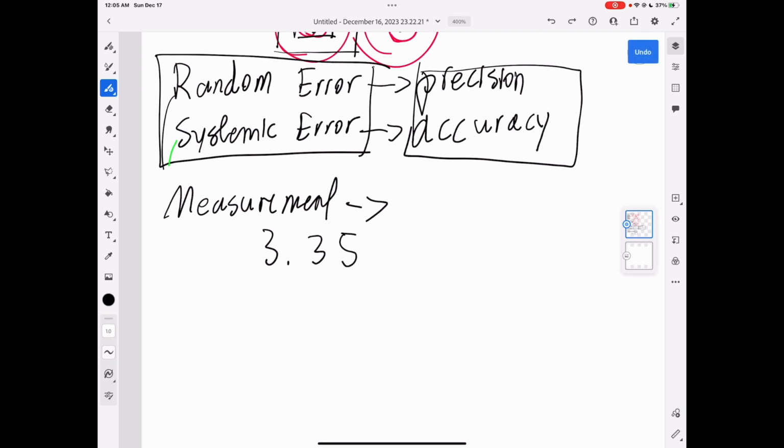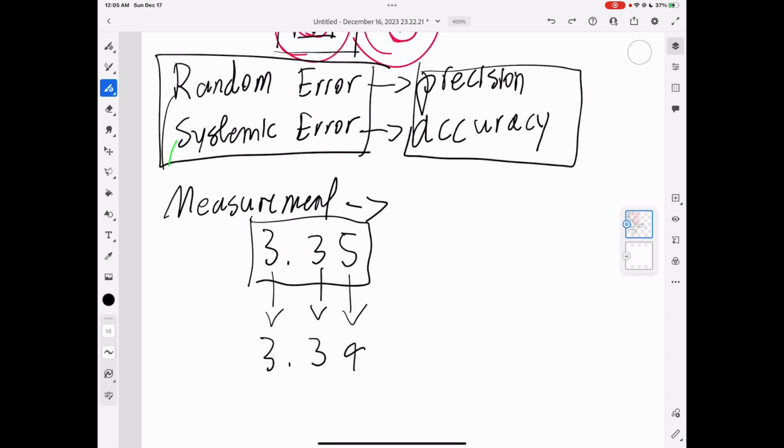Basically, in this experiment, we get two certain values, so we know that 3 is definitely a part of the value, 0.3 is part of the value, but 0.05, we are not sure about that. It can be 0.4, 0.04, or 0.06. So we say that this is the uncertain